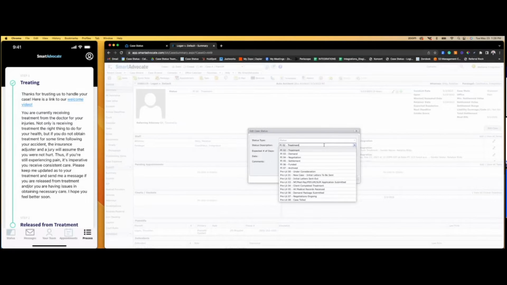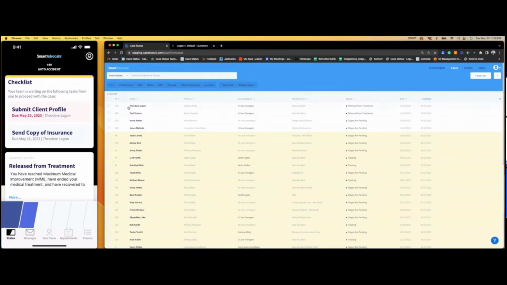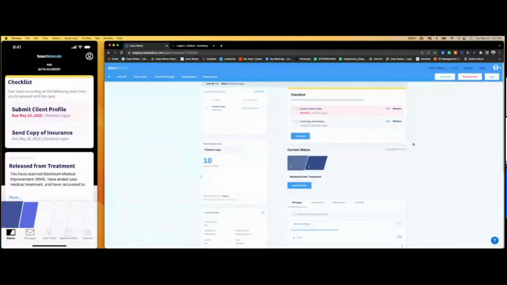It may just confuse the client a little more, where we don't want to let them know whenever everything changes. But what I can do is create these custom rules to say, when I move to demand in SmartAdvocate, I want it to automatically update in case status to move to the next stage of the case. And I can show you what that looks like on the spot. Now, our cases sync every night, or you can go into case status and sync it on demand,